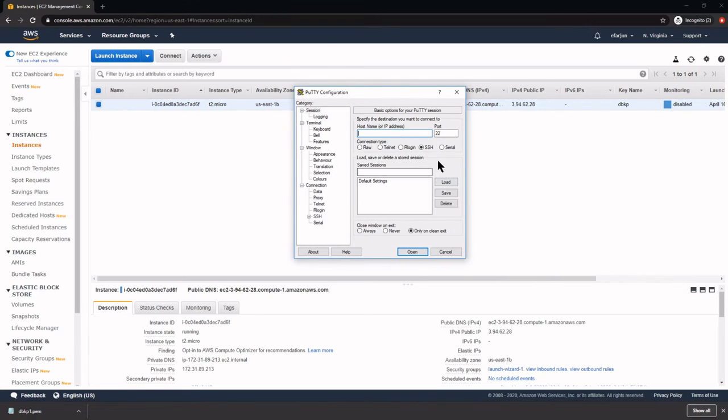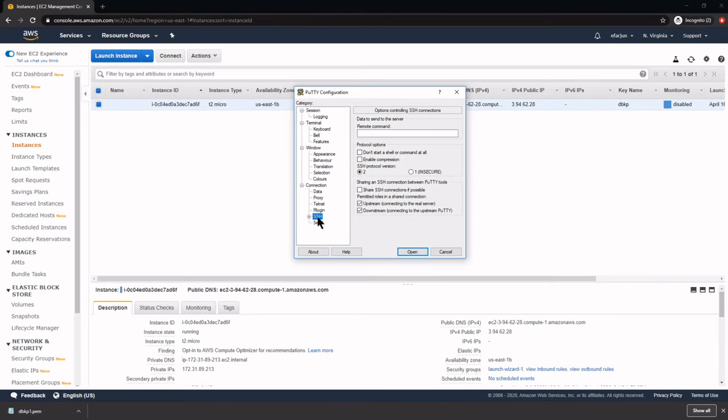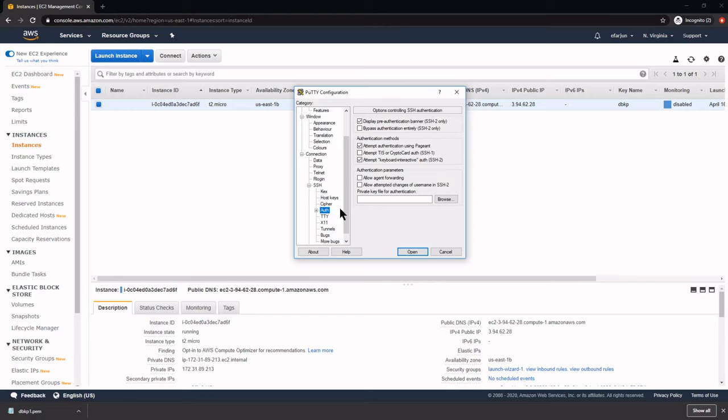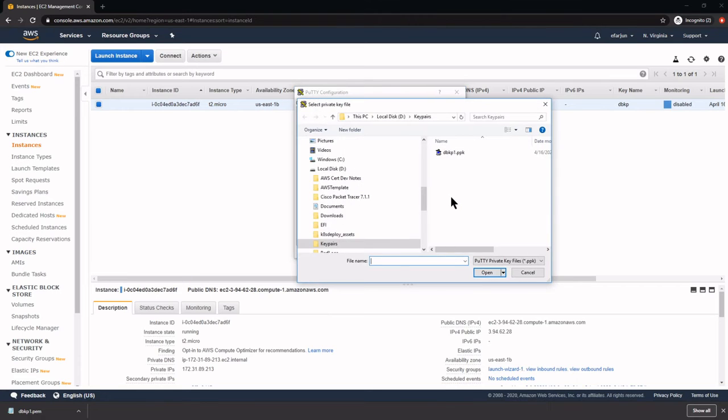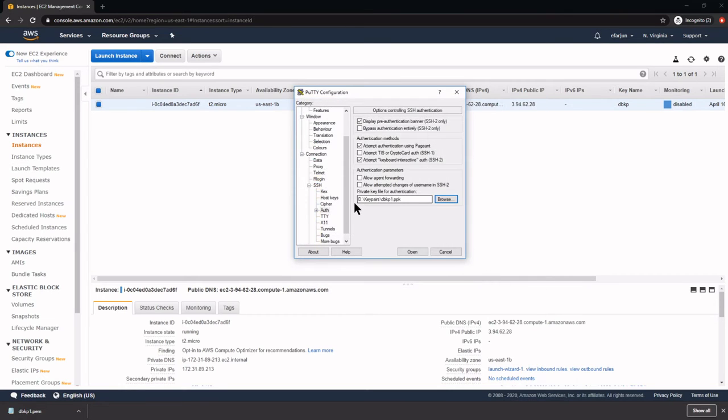So that generated the key. Now we could actually use Putty to log into our session. But first, what we have to do is click on this SSH section and expand it, and then click on Auth. We're going to browse for the key, that PPK file that we created. We're going to use that and click Open,